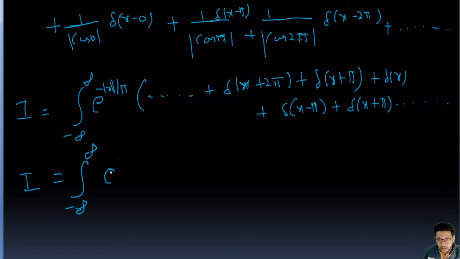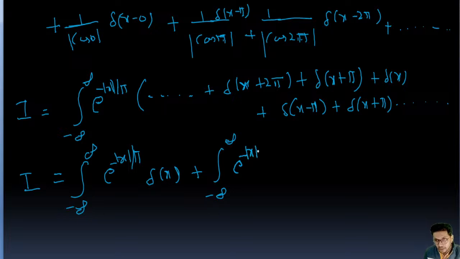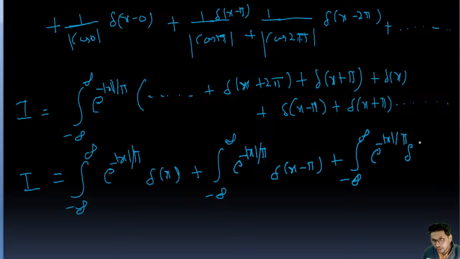So it is going to be e to the power minus mod x upon pi delta x, plus the integral from minus infinity to plus infinity of e to the power minus mod x upon pi delta x minus pi, plus the integral from minus infinity to plus infinity of e to the power minus mod x upon pi delta x